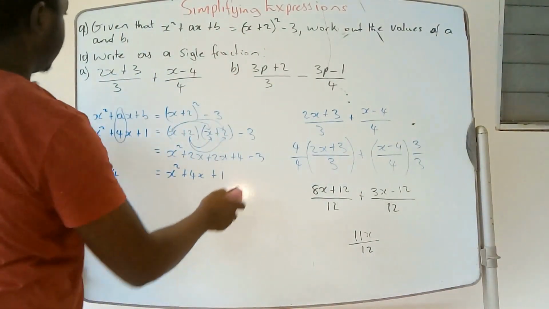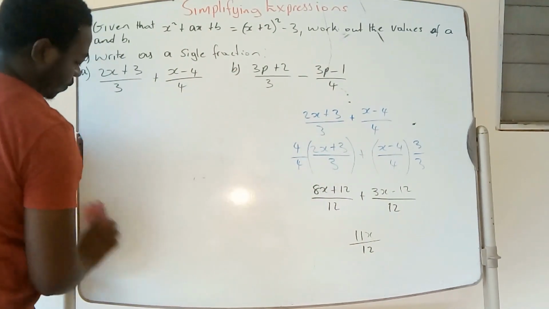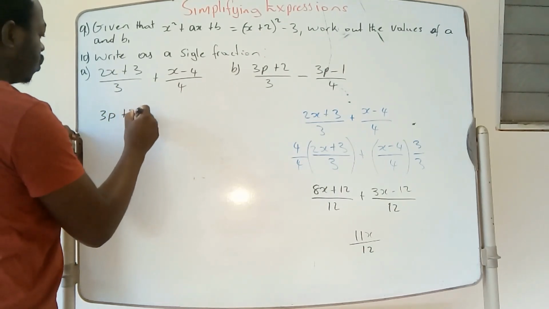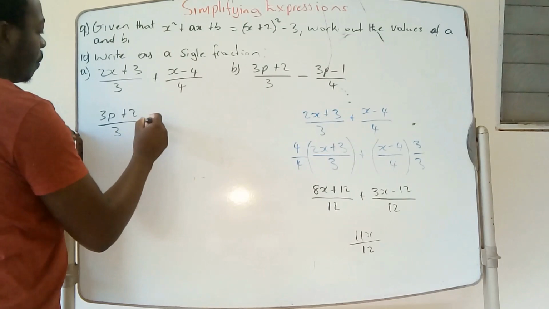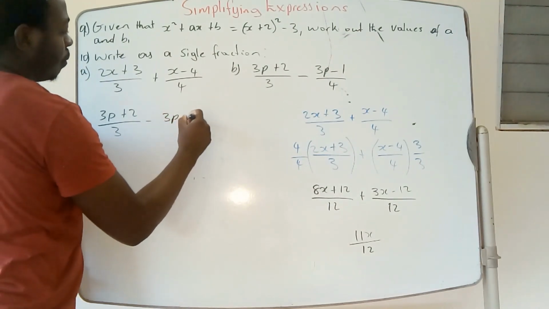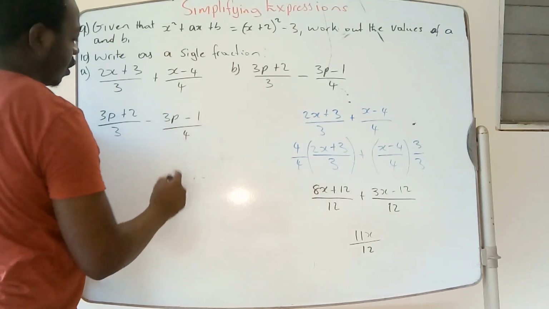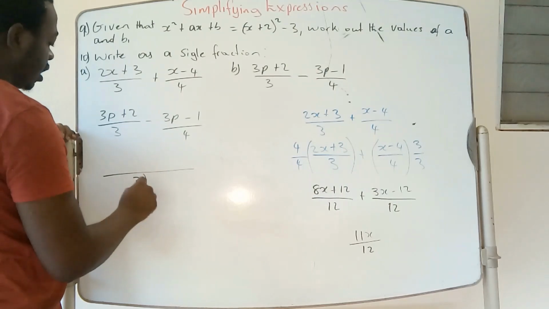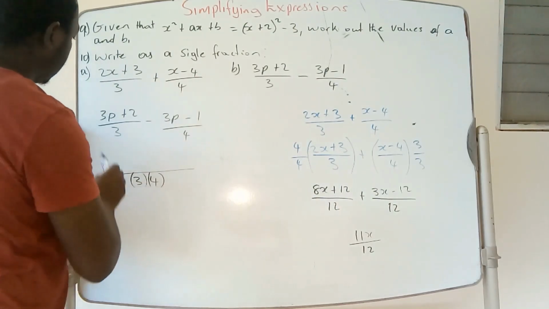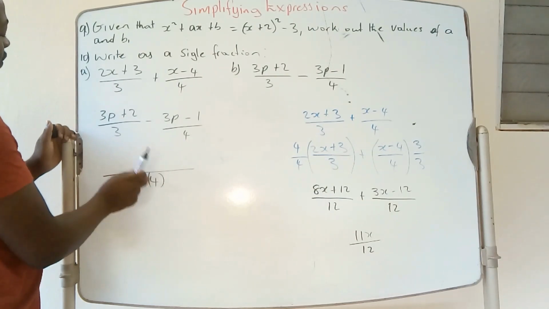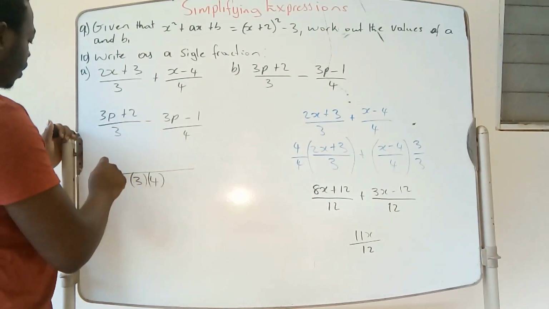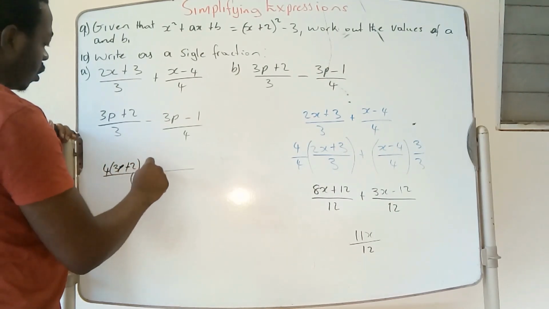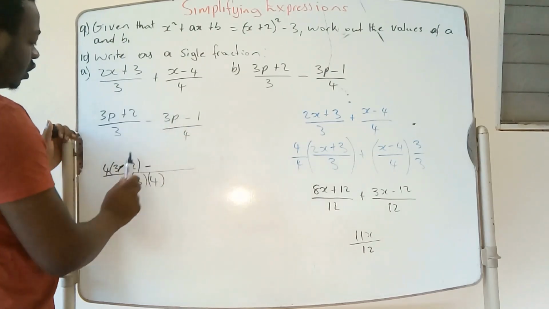Let's look at part B. Now part B is 3p plus 2 all over 3 minus 3p minus 1 all divided by 4. Again, find a common denominator, which is just 3 times 4. 3 into 3 times 4, 4 is left. Take the 4 to multiply the numerator. So it's going to be 4 times 3p plus 2 minus 4 into 3 times 4,